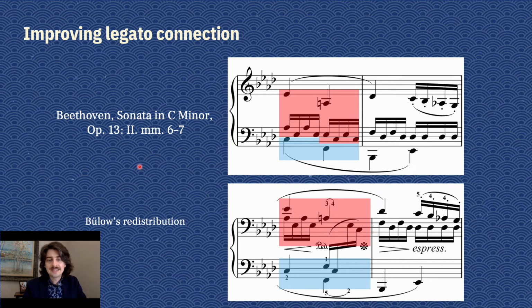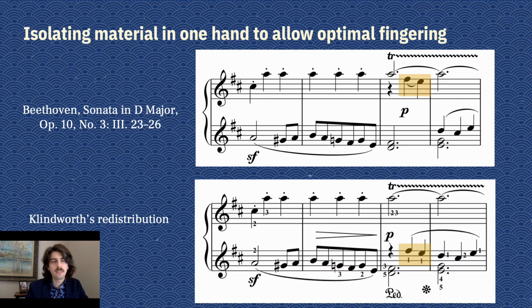Another major 19th century priority, of course, was maintaining legato connection. That can be difficult if you're handling 2 parts in one hand, as in this passage from the Pathétique. In order to keep legato in the top line, it might be difficult to stretch for some hands. So Hans von Bülow suggested that 2 notes be taken in the left hand to facilitate the legato connection in the soprano line.